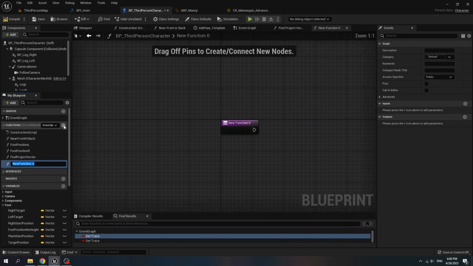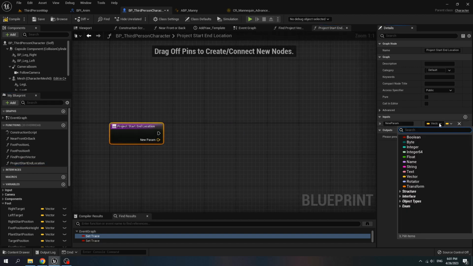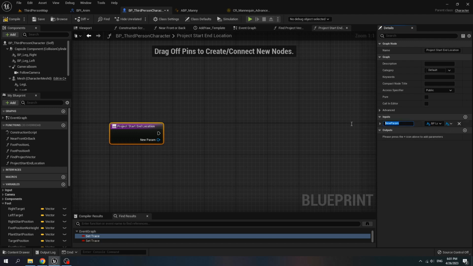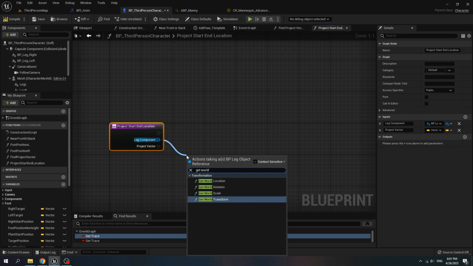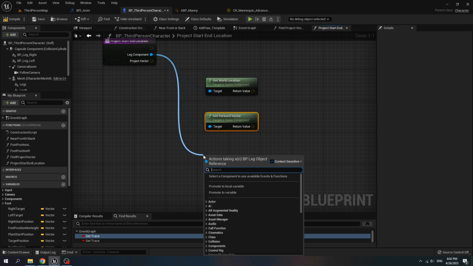Add new function, name it project start at location. For the input, select BP leg object reference and leg component. Add input vector, the name is project vector. For the leg component, get world location and we get forward vector and find the raycast length.